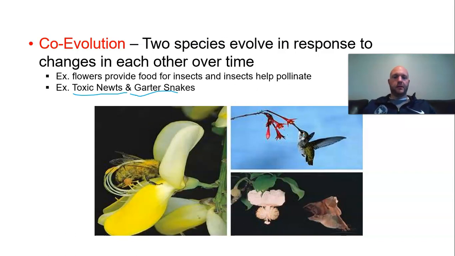It could be the hummingbirds were evolving beaks that were bigger, so that they could get deeper into the flowers to get more stuff. In the case of bees, some bees evolve stickier legs so that they can